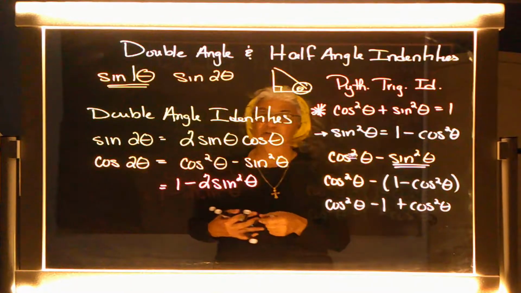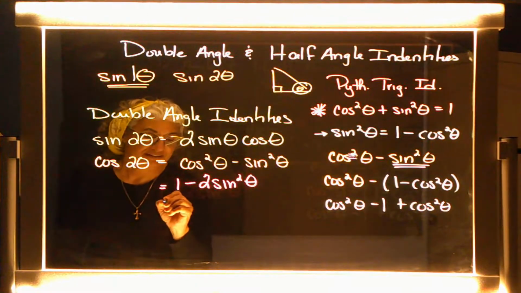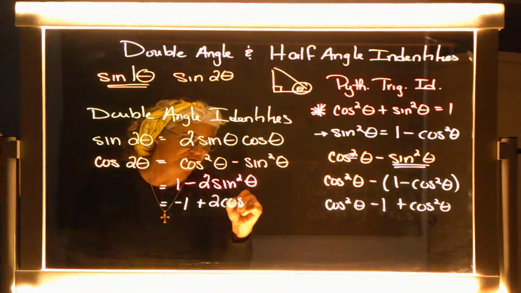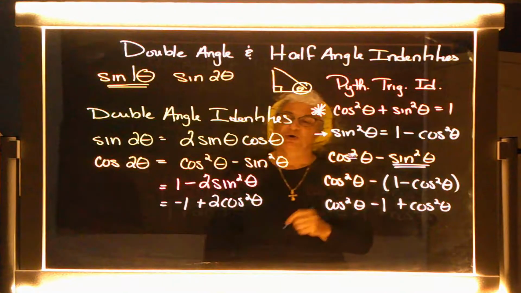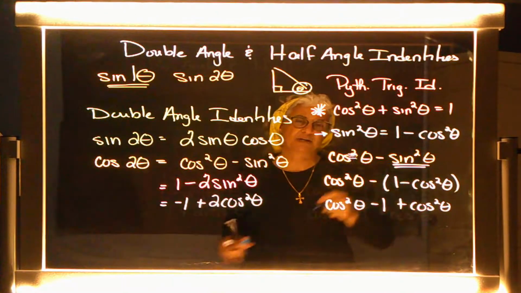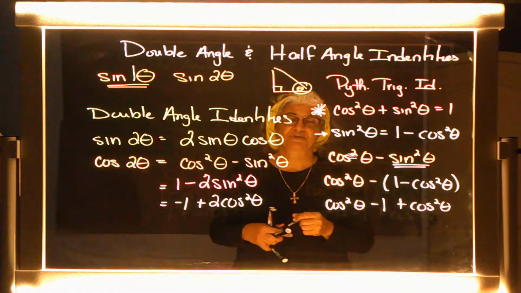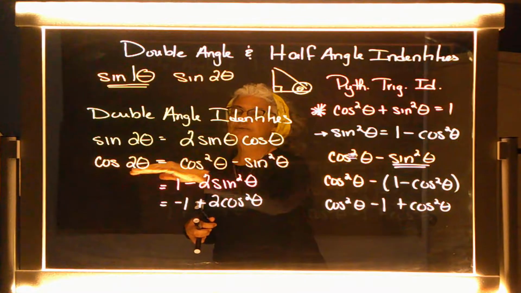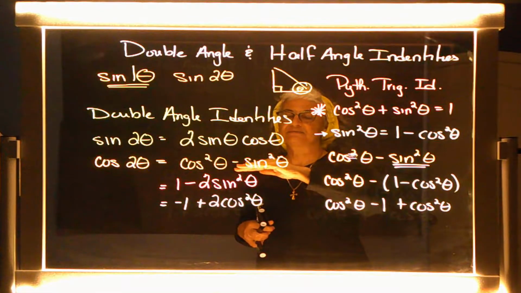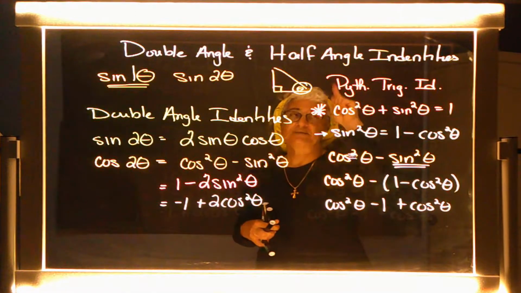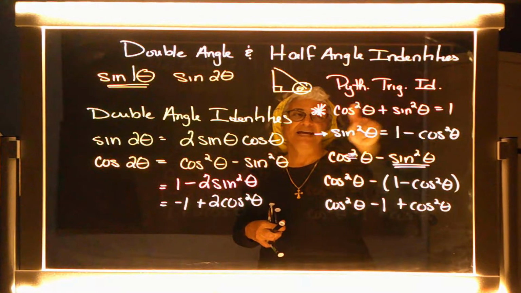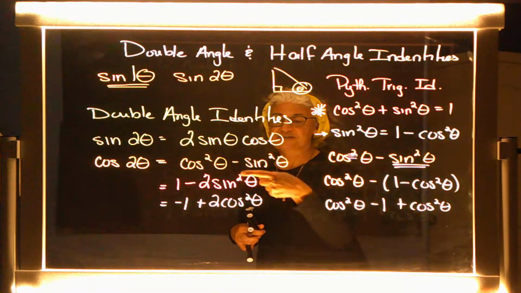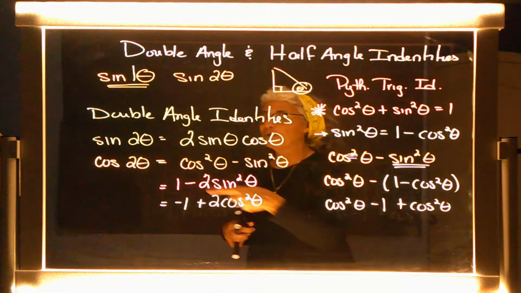Well, looks like I could write this as negative 1 plus 2 cosine squared theta, or 2 cosine squared theta minus 1. Either way, it's the same thing. Good? Because of the original identity that reduces cosine of 2 theta into a single angle, these squares lead me to Pythagorean's trig identity. And if I rearrange Pythagorean's trig identity 2 different ways, that's how I get these other 2 identities for reducing